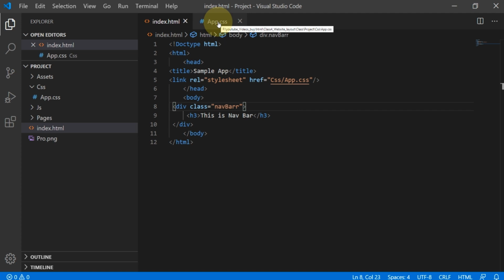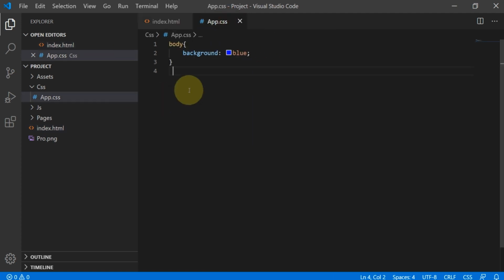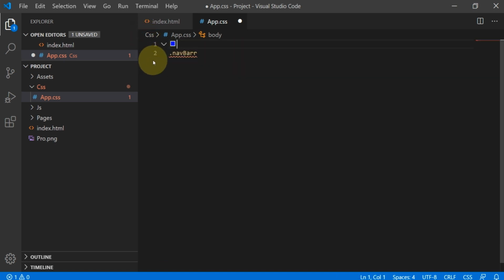Now I'm using this class name, but we have to declare it in CSS and assign some styles. We don't need styles for body, so I'm removing this one.